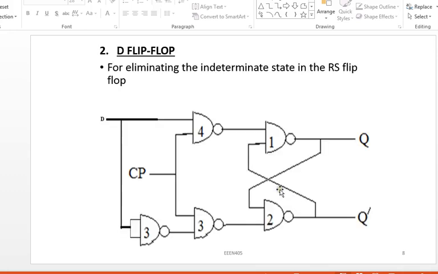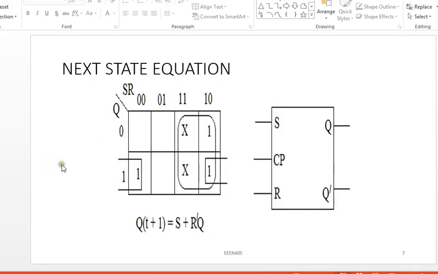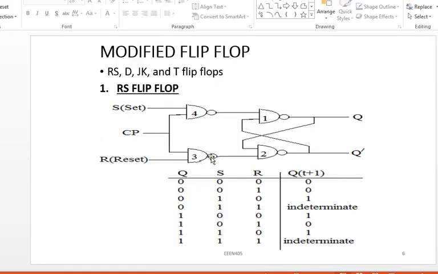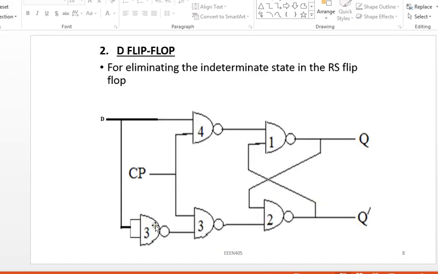The next one is we look at the D flip-flop. This D stands for delay, and the reason why this one was developed is to eliminate the problem of this SR flip-flop, which has 2 indeterminate conditions. And if you look at them carefully, these indeterminate conditions exist only when S and R are both 1 1 here and here. So in order to eliminate that, we now introduce another NAND gate, and it is operating as